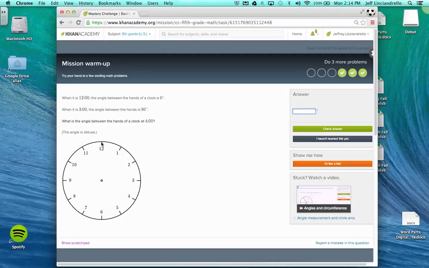But just for our purposes here, when it's 12, the angle between the hands of the clock is 0 degrees. When it's 3 o'clock, the angle between the hands is 90 degrees, which is the angle between the hands of a clock at 4 o'clock. So we'll have one hand here and one hand here. So basically we've got the 90, so if this is 90, 30, 60, 90, each one is 30 degrees. So the answer is going to be 120,